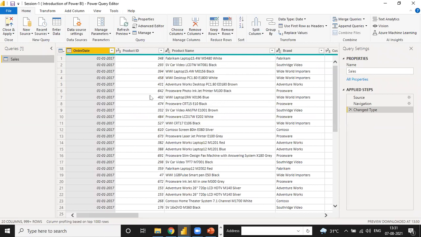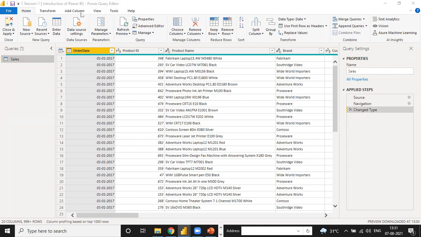Suppose you have any server file. When you connect it from the server, your server file is not always clean. Clean value means messy data, like some columns are blank, or some rows are blank, or some columns have no data, or your date is in a different format. Then we need to make some changes in the Power Query Editor, and this is a very important step in Power Query.